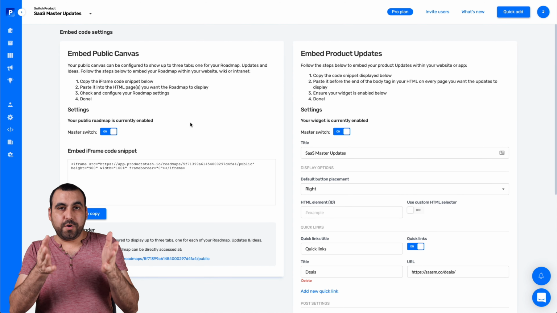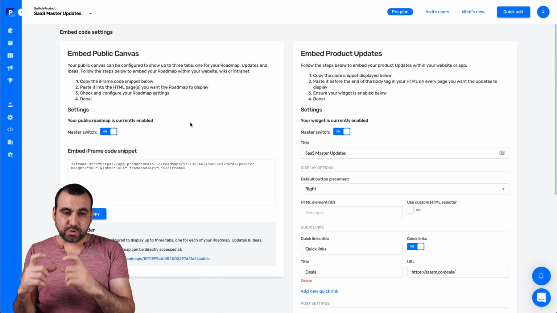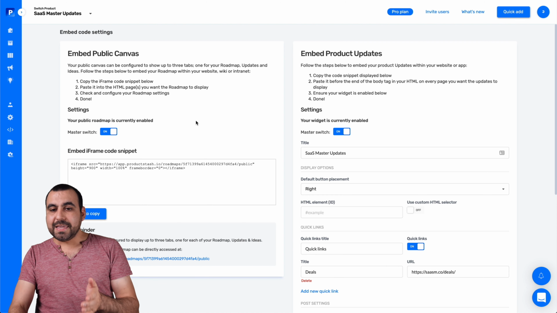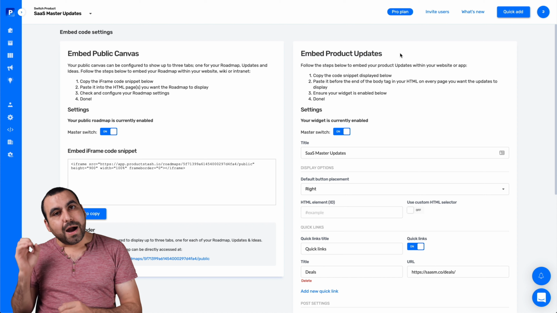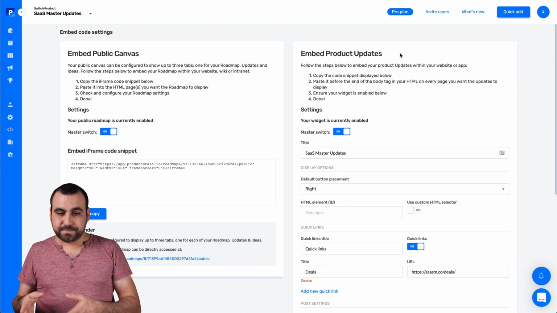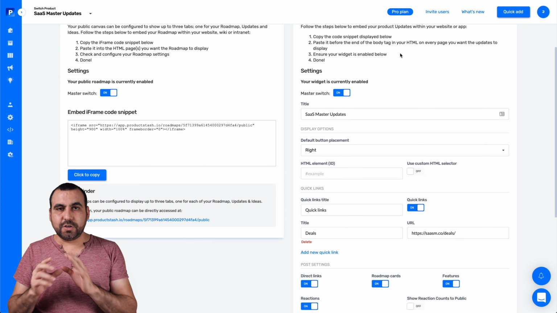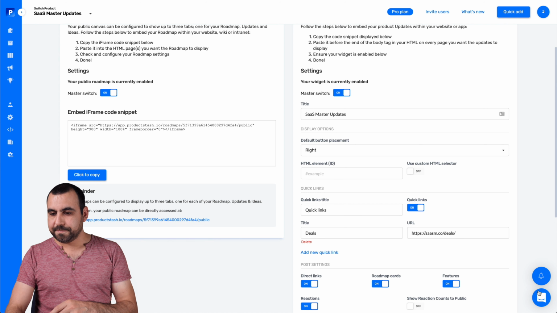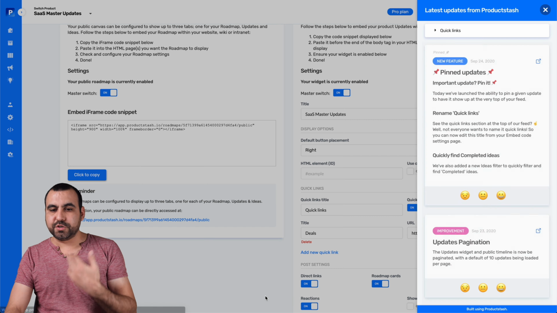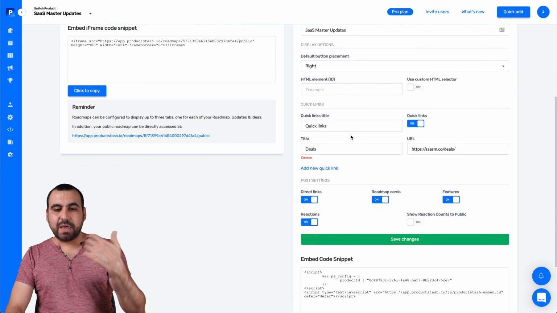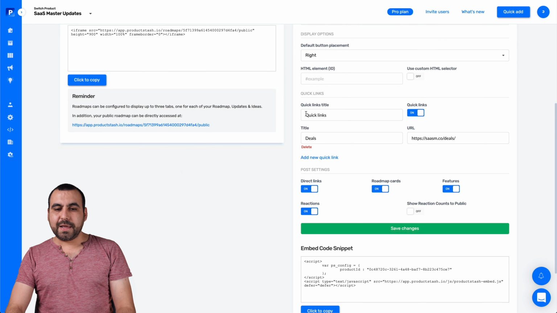One is for the roadmap, where you embed it on the actual site, like I showed you, and the other embeddable product is the little icon with the updates. So this one would be for every single page on your site, right? So it's that little icon, this one right here, where you click on it and it shows you that, like you saw on my site. And you also get a lot of options right here. This is something that I think was pretty useful.